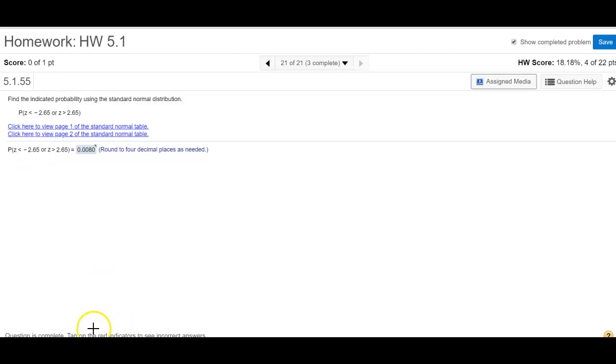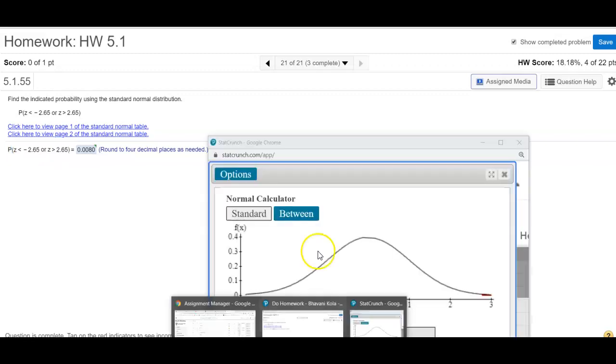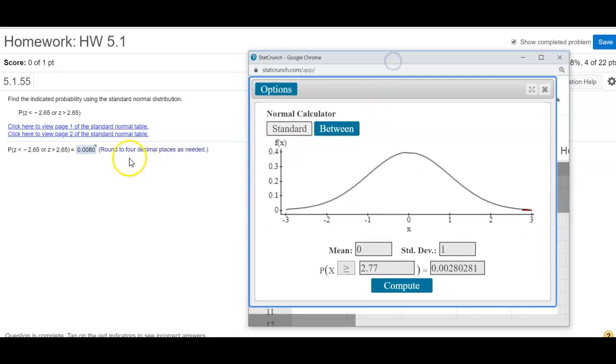So this one, it's the same thing. What they're saying is find the area to the left or to the right. So let me open that. Why is it not opening? Hold on, let me check here. Yep. So they're asking area to the left or area to the right. When they say that, because it's already set up to the right, I'm going to plug in